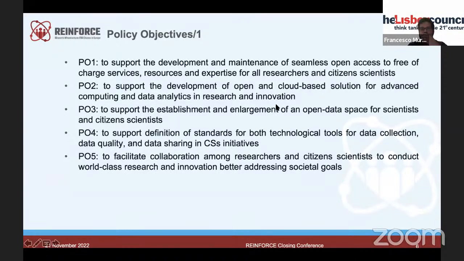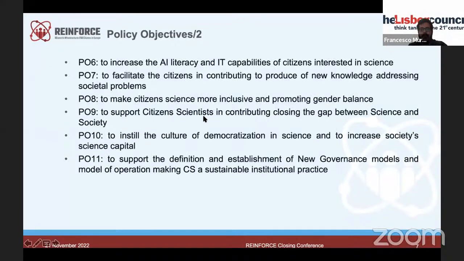For instance, support open access to open and cloud-based solutions for advanced computing and data analytics in research and innovation, or support the establishment and enlargement of an open data space for scientists and citizen scientists. We talk about standards, and we talk about facilitating collaboration between researchers and citizen scientists.